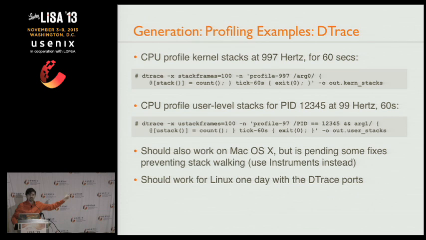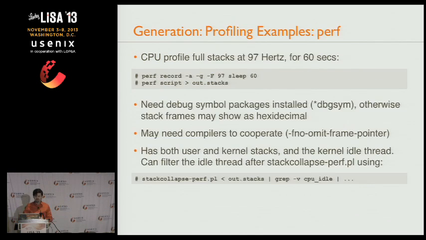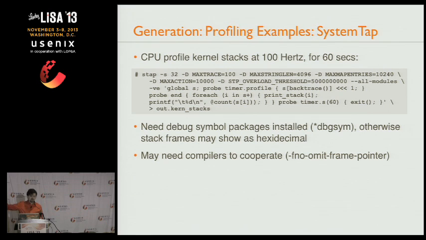And I hope these work on Linux one day when we finish the dtrace ports. It'll be fantastic to get dtrace fully ported to Linux. Perf, which is what I use right now on Linux, just to give you a sense of what it involves, just some commands: perf record, all CPUs, call stacks, 97 Hertz, and I'm outputting it to a file. Then I feed it into stackcollapse-perf because it understands the perf format, and that spits out the single line format that I need. That's what it looks like for SystemTap, if you want to use SystemTap.